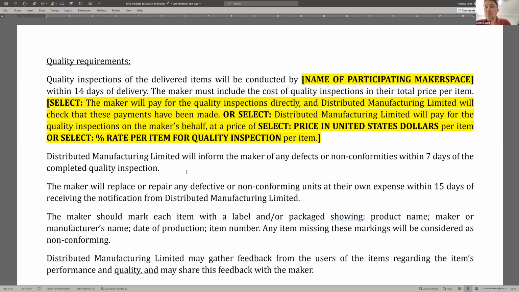We're expecting this work to be very, very quick. So for 300 items to be inspected, I would expect that to take at most an hour just to look at them and go, yes, fine, fine. We might select a couple and weigh them. We might select a couple and do some of the quality tests that are described in the specification document, but